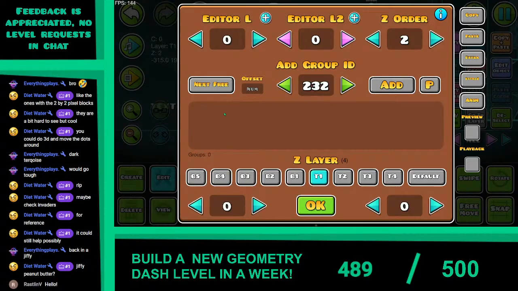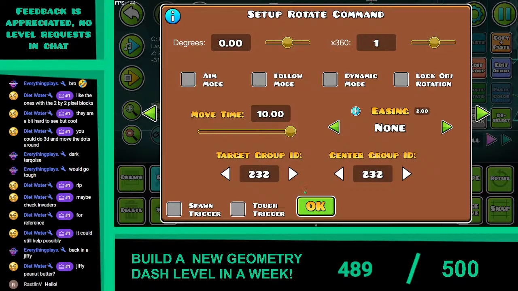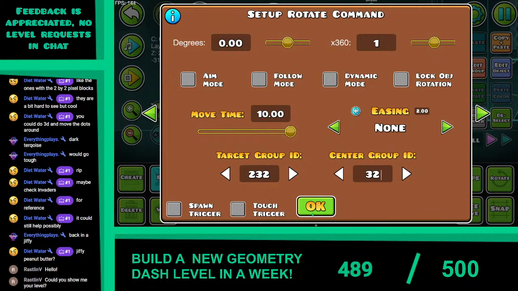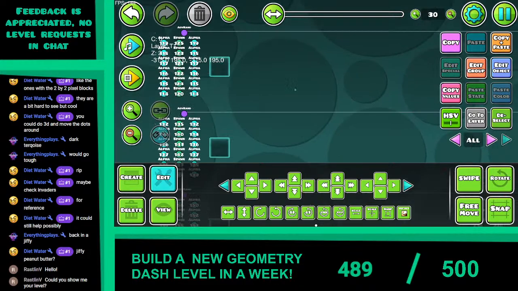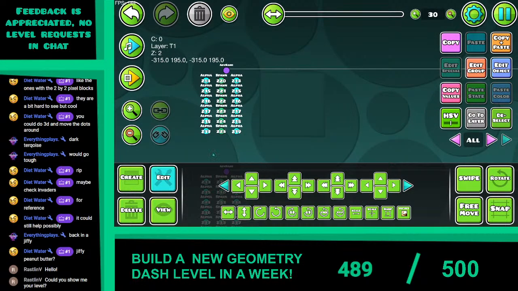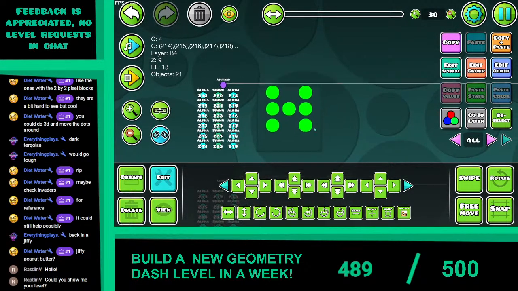I'm going to change the rotate trigger. 323. Center group ID will be 320. Wait, no. 232. What's it called? I could do... Wait, idea. I will take these and do